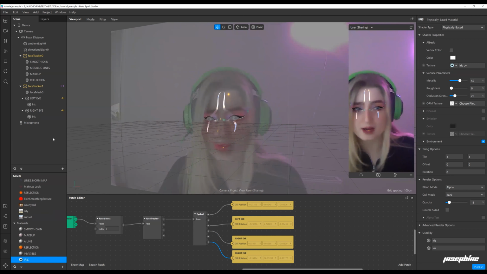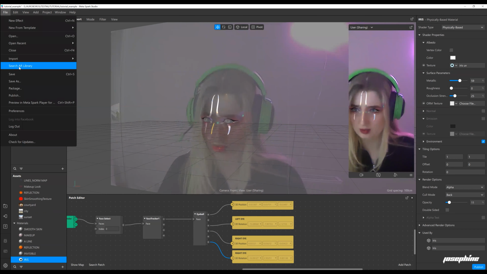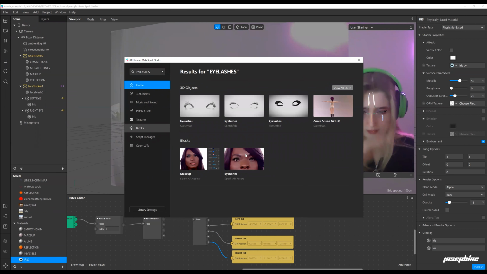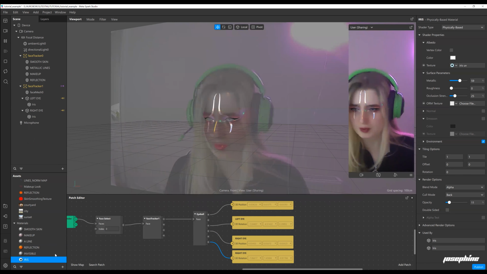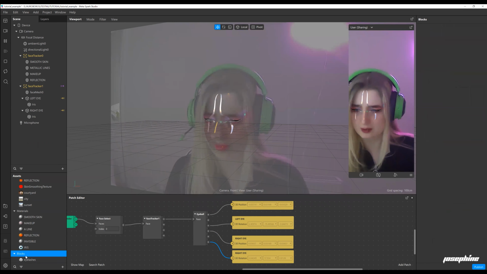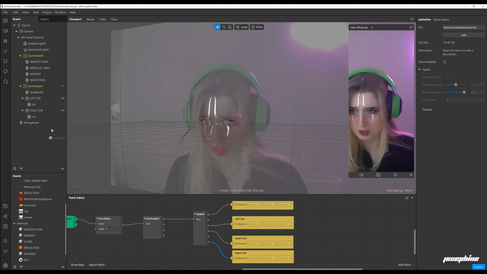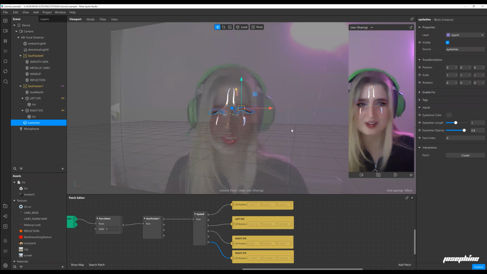And now, okay, we want to add some eyelashes. So what we want to do is click on File at the top and search AR library. And it's going to search eyelashes. Okay, so on the blocks, we want to just click on eyelashes, import through. And now close that, and you'll see a new panel coming up with eyelashes. And what you want to do is just drag that block under here,